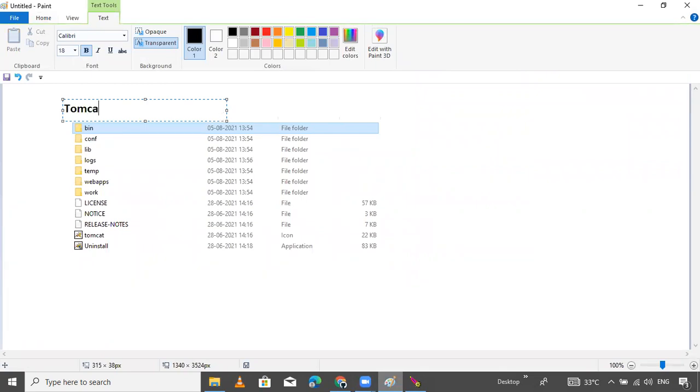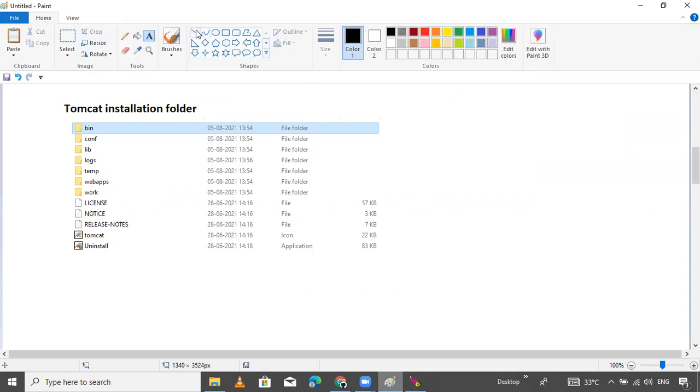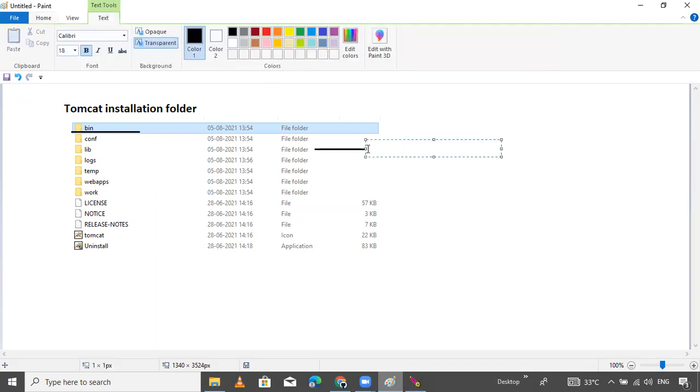This is the Tomcat installation folder path. Here you can see the folders. You get the one to start the server; the configuration folder is not required. Here you can find the jar files in the lib folder, like the JSP and servlet jar files.